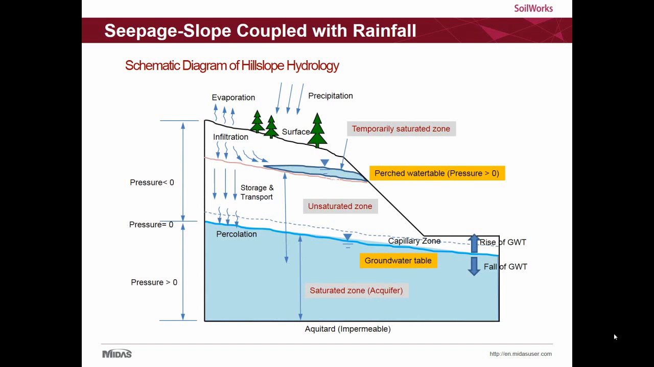So let me explain the importance of performing the Seepage-Slope Coupled analysis. Now in this terrain, when rainfall occurs through precipitation, practically the water infiltrates through the permeable layer. However, it cannot further seep through the next nearly impermeable layer. This causes a temporary saturated zone leading to pore water pressure at the slope,